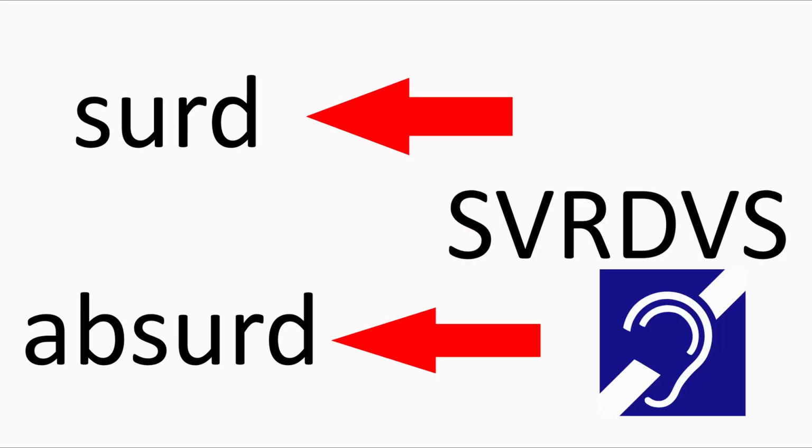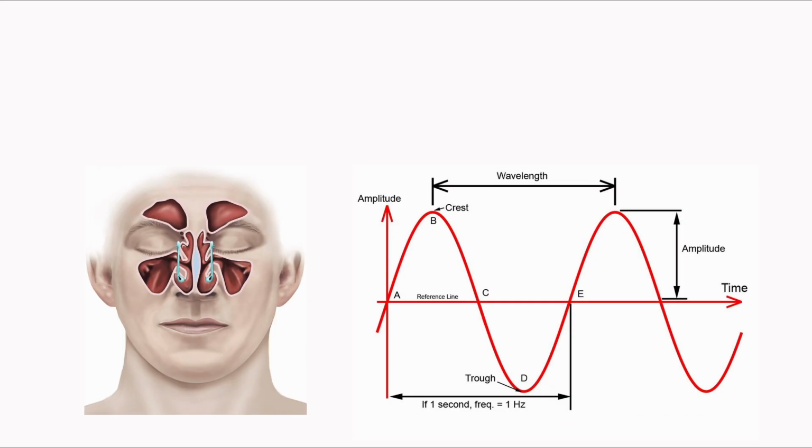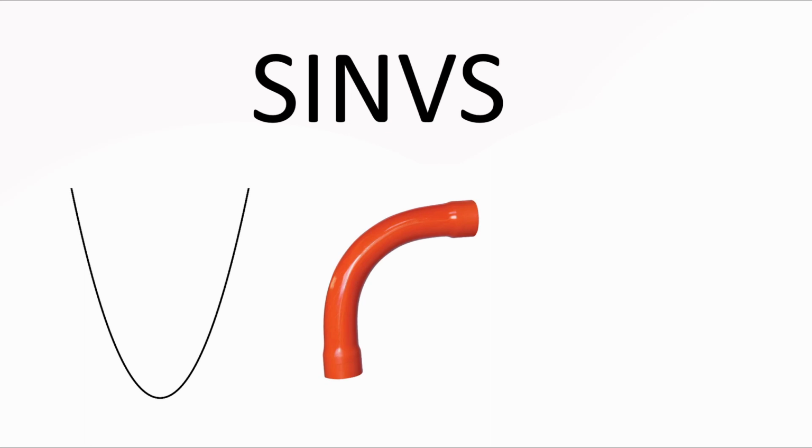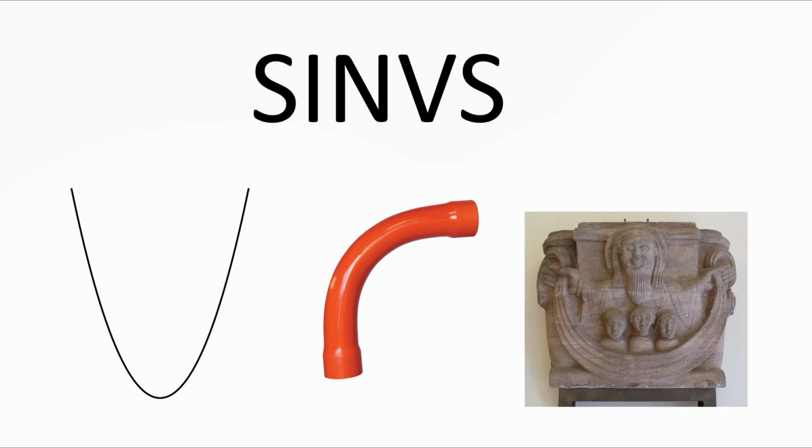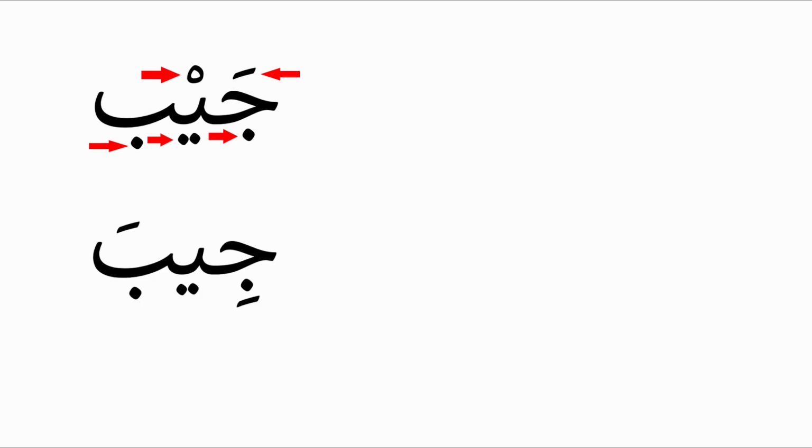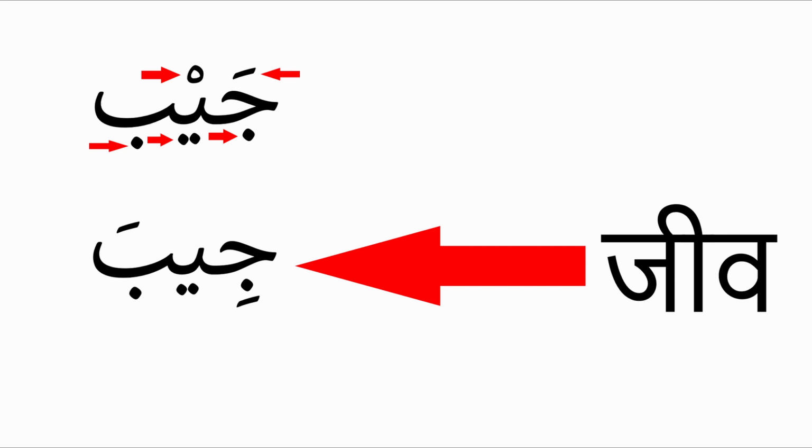The term came to mean deaf to reason, irrational, and surd is still used in linguistics to mean voiceless. Sine is a doublet of sinus. Both come from Latin sinus, meaning curve, bend, and most importantly, bosom, a translation of Arabic jabe. Now, if you know anything about Arabic, you'll know that, at least traditionally, they don't write their vowels. So jabe, meaning bosom, looks the same as jiba, meaning sign, from Sanskrit jiva. So the translation into Latin sinus, meaning bosom, is a complete mistake.